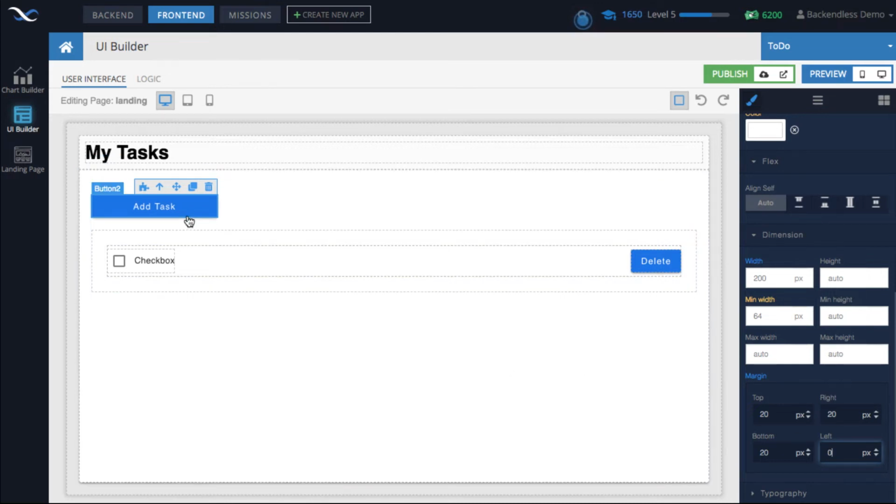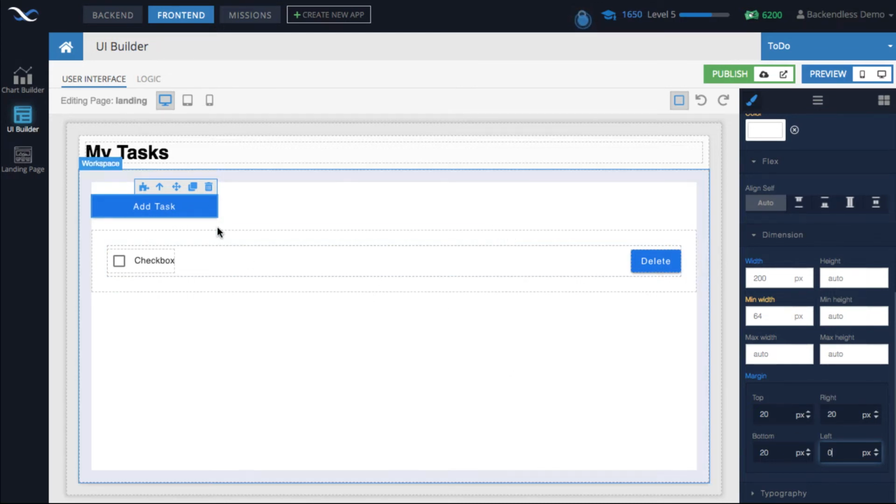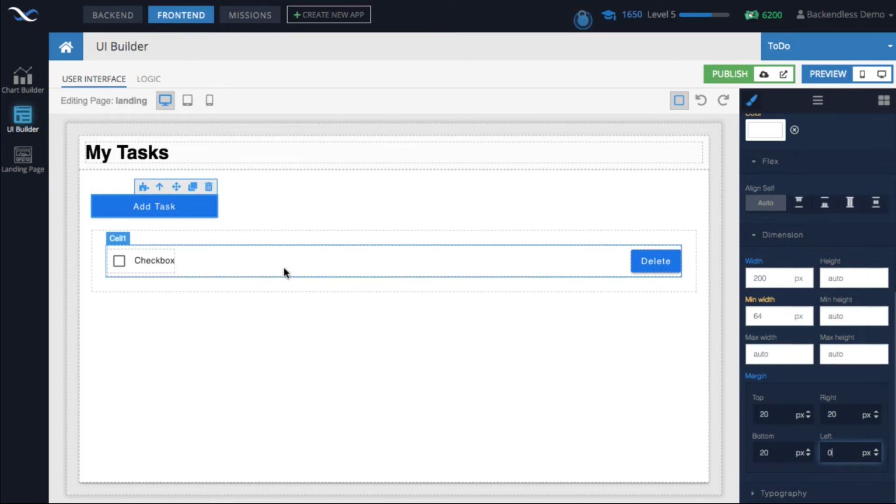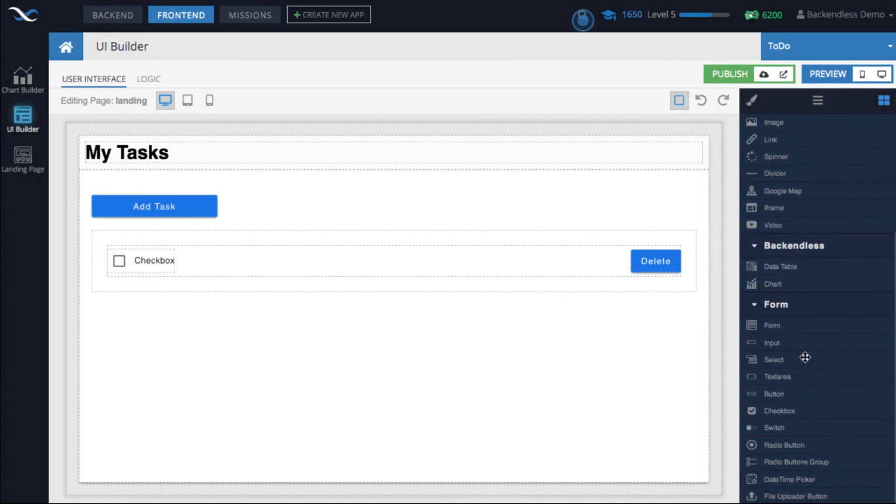Okay, so when this button is clicked, I want a form to show up. In that form, I will type in the name of my task, press return, and that task needs to be added to the database and displayed in my list. Let's work on adding that form. In our toolbox, there is a form component. You can add individual elements, but I want to use the form component because it has an event when the form is being submitted. When you press enter on the input, the form will be submitted.